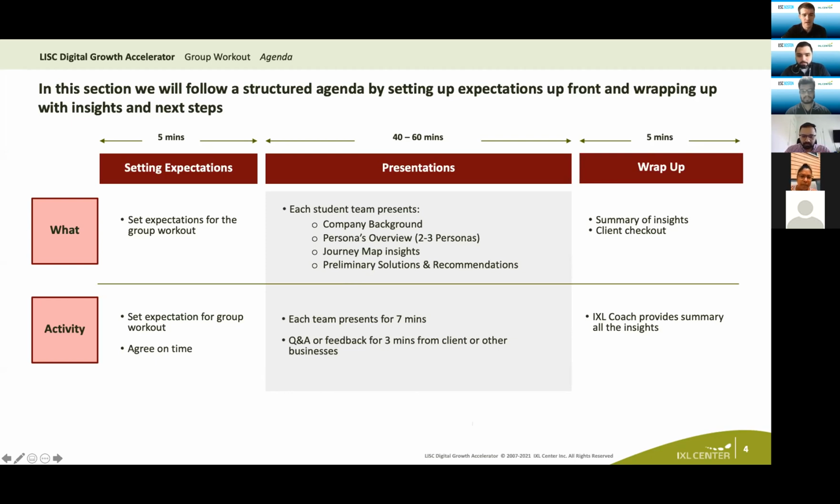So after that, we're going to move just quickly into a wrap up. So you're going to break out very shortly into 3 different groups. We're going to do the presentations, and then you're going to do a wrap up inside those breakout rooms. And so when your breakout room is done, we will not bring you back to the main room. You'll just end the presentation or the session at that point, and then we'll give you guys clear next steps in terms of going into the next week.